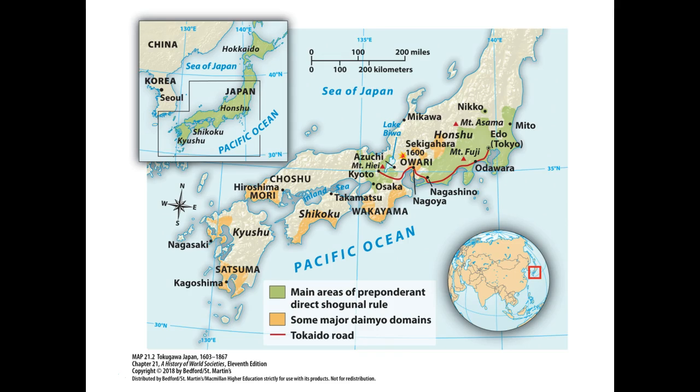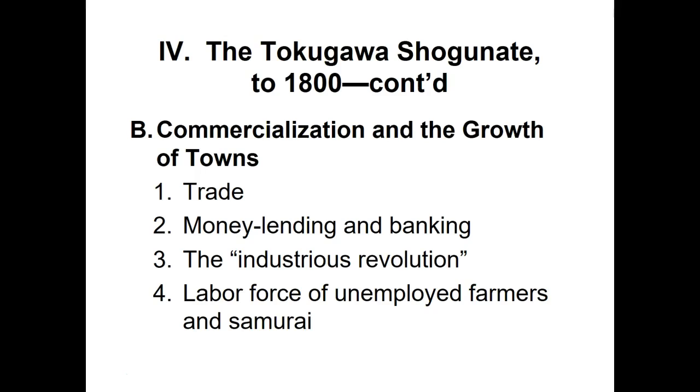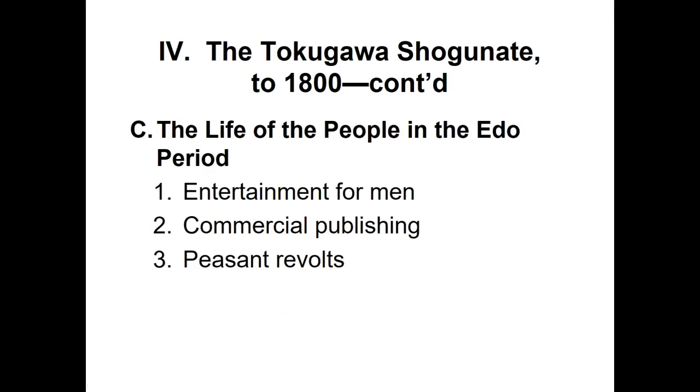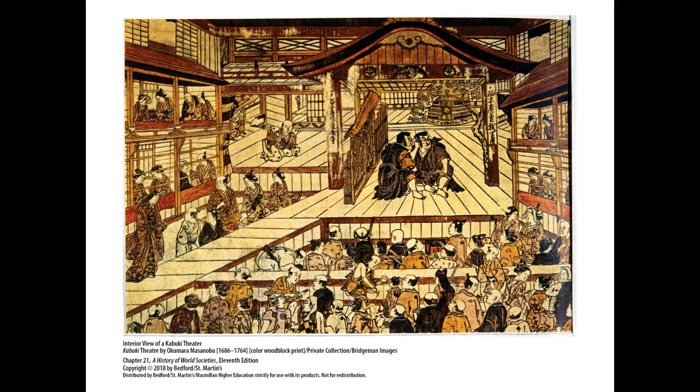Trade increases, merchant families grow up, cities begin to develop, and it's a very similar thing to what happens in Europe. You'll go on to read a little bit about Japanese culture as well during this period of time. The entertainment for men, tea houses, the geishas, and things like that you'll read about as well. And then the chapter goes on to talk a little bit about the